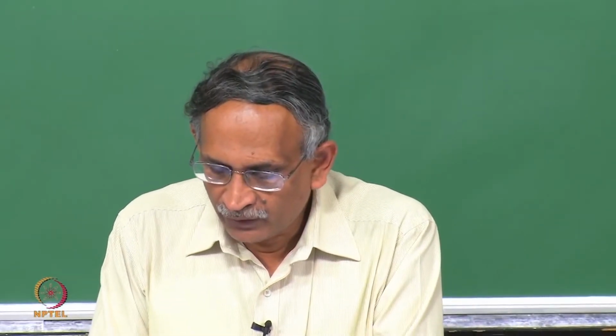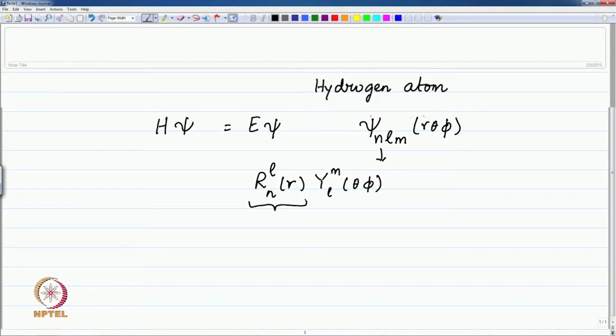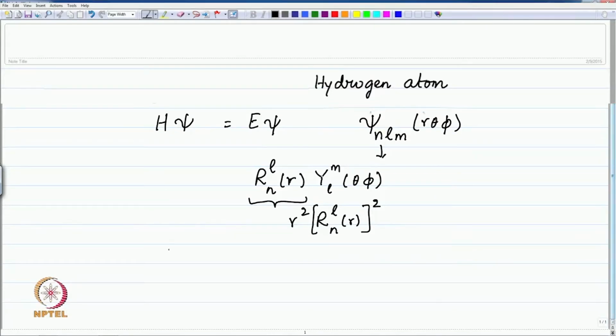The radial function R n l of r and the radial distribution that we will consider in this lecture, namely R squared n l of r, or the probability distribution, are the wave function component and the probability distribution for the radial part. Now we have not talked about the solutions of these earlier, other than briefly